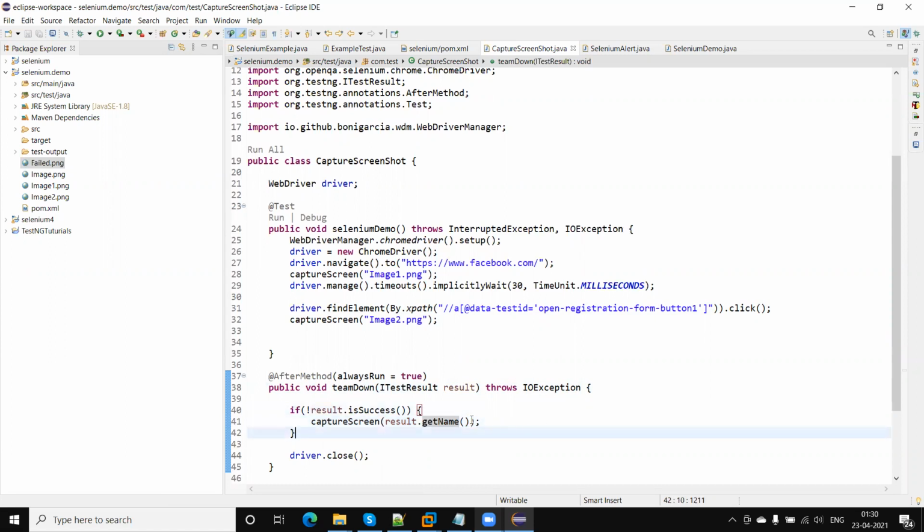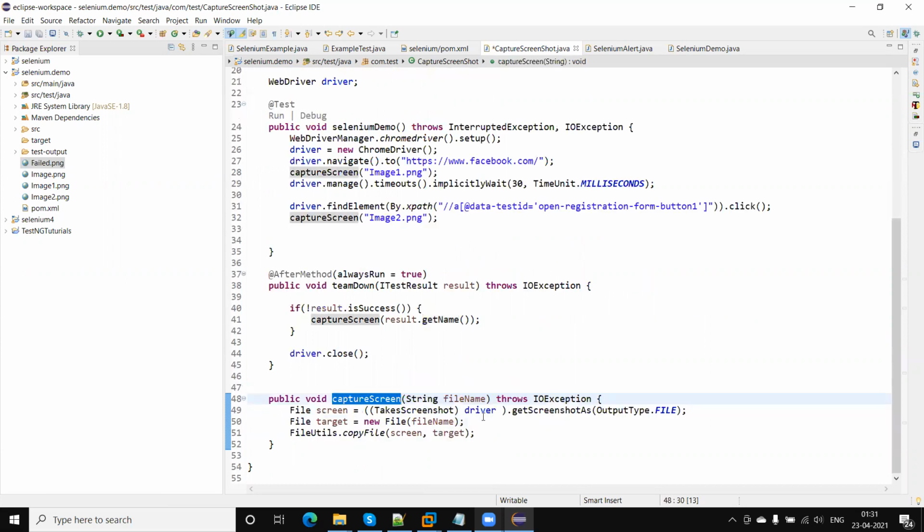Okay, and let me append here .png, or we can also do one thing. Let me add the png extension in the method so that we don't need to pass .png with the file name. So in that case this will be only the file name. Here also this is the name.